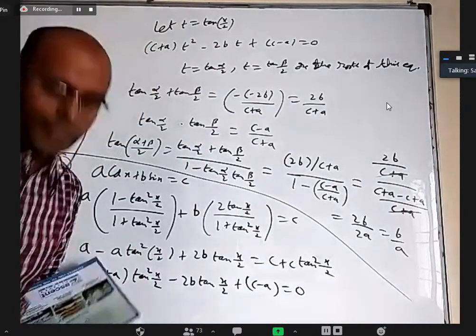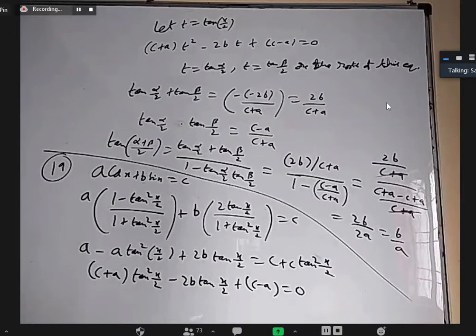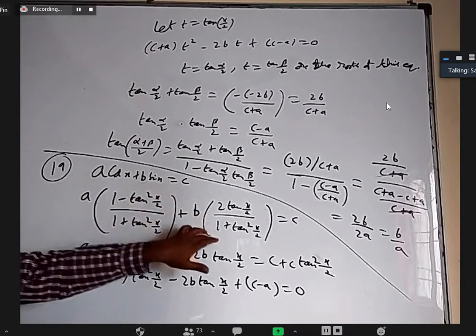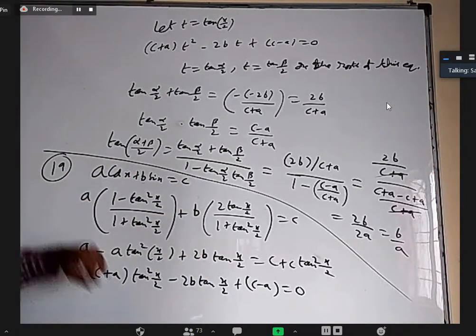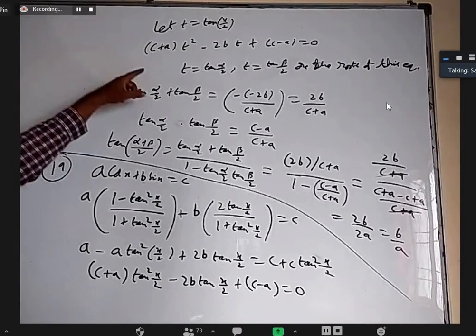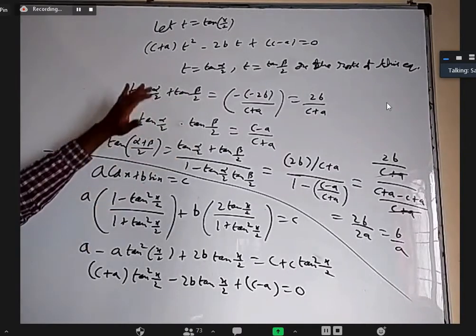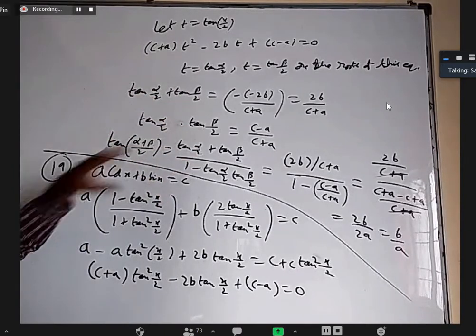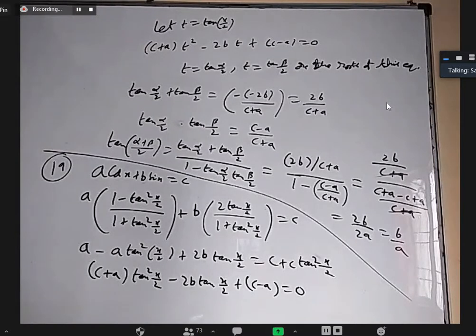So this question is slightly different from the other because we are not finding the general solution. They already said two solutions are there and they wanted a particular thing. So to get an idea to write like this, understand it is a quadratic equation and take that as t. And for that new quadratic equation, they are the roots. So find the sum and product and then use the tan a plus b formula. You may have the same question later on in IPU. You can do it once again at that time also.